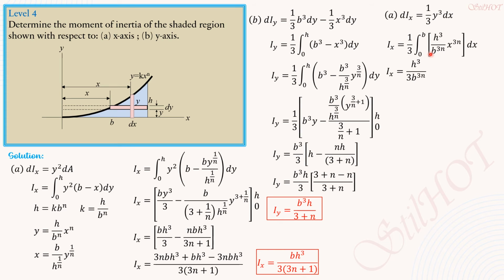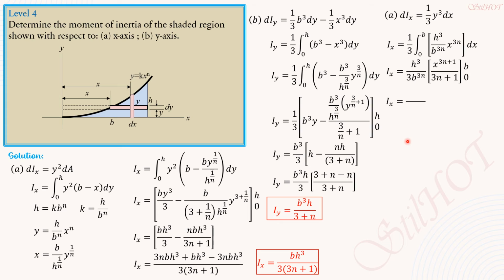So Ix is h cubed over 3b to the 3n, x to the 3n plus 1 over 3n plus 1 from 0 to b. Now, when we substitute the upper limit, this is b to the 3n times b, so we can cancel b to the 3n, so the simplified value here is b. So bh cubed over 3 over 3n plus 1, which is now the same as this, bh cubed over 3,